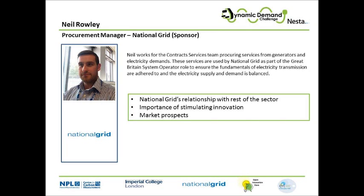And again, the next thing that we do, which is probably of slightly more importance again for this forum, is really the role of residual balancer. So the role of residual balancer is all about us taking the market solution where the suppliers have bought to meet their customers' needs, and we then just top it up or bring it back down slightly to what the actual demand is on the day, which is important because it is very difficult for suppliers to get that 100%